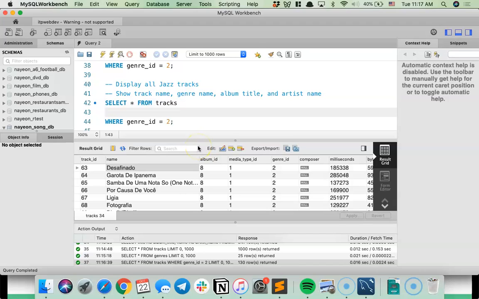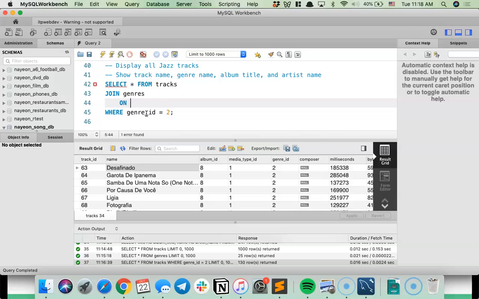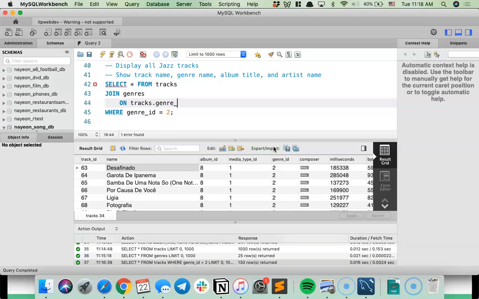So we're going to do this from tracks. We're going to do a join. First things first, we're going to join my tracks with genres. Sometimes we like to do indentation here. Join on. What are we joining on? Genre has a genre ID. Tracks has genre ID, right? This is how they connect to each other. So we're going to do on tracks.genre ID equals genres.genre ID. And the order in here doesn't quite matter. You could flip this around, but as long as you have the correct column name here. Okay, let's go ahead and try that.